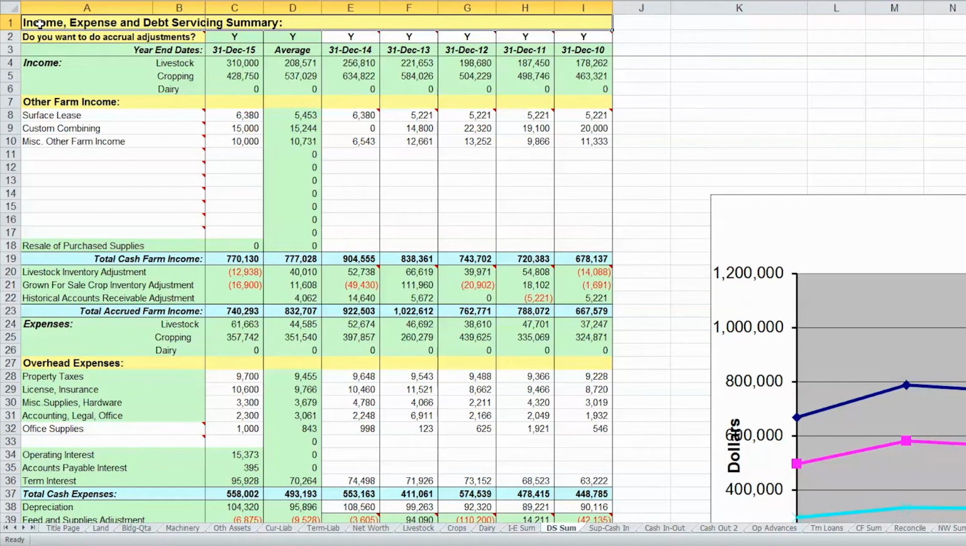The last page in this section, and the second summary page, is the income expense and debt servicing summary page. All the past and projected income, expense, and debt service information comes forward to this page. It calculates and displays information for the past periods and the projected period. And accrual adjustments to past income and expenses can be chosen, or the information can just be left as cash. So as we move down, you'll see there's cash and accrued income, cash and accrued expense,